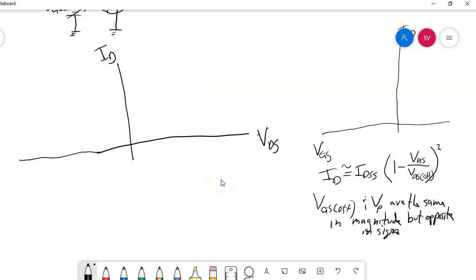So what's going to happen is, now notice I have an ID, drain current, versus a VDS characteristic curve. This is analogous to having, for a bipolar junction transistor, IC versus VCE curve. So what's going to happen is, as you decrease your gate to source voltage, you're going to get a linear increase in your drain current. This is called the ohmic region,